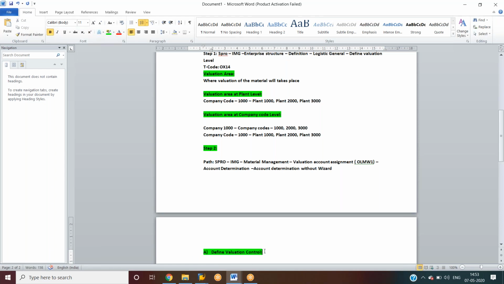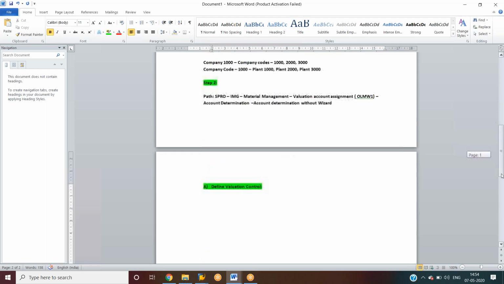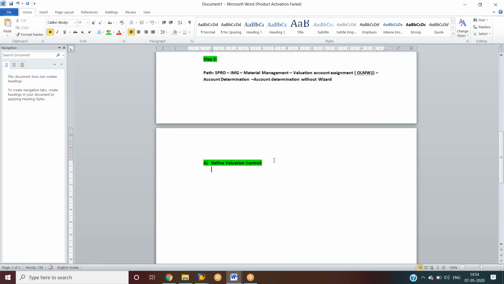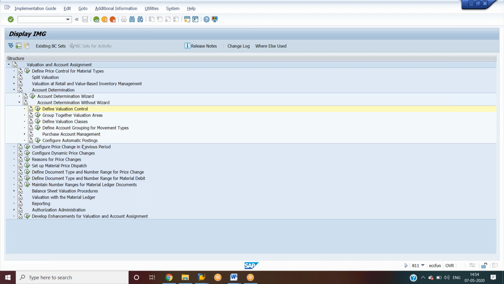So here what we have done is activate the valuation grouping code. What will happen if you do not activate it? The system will not allow us to group the valuation areas.